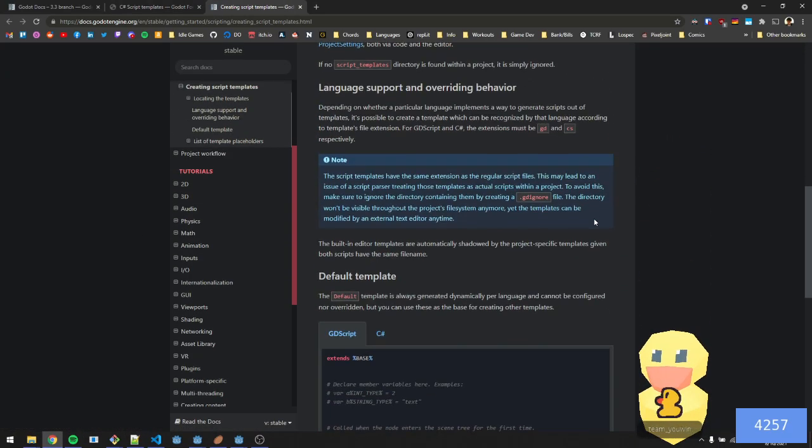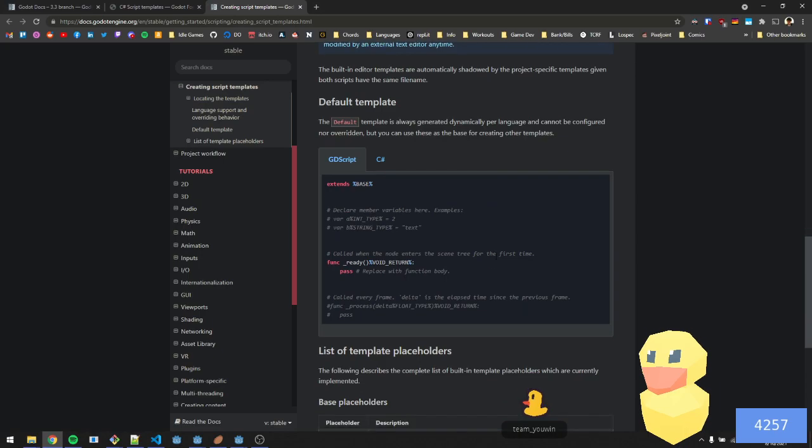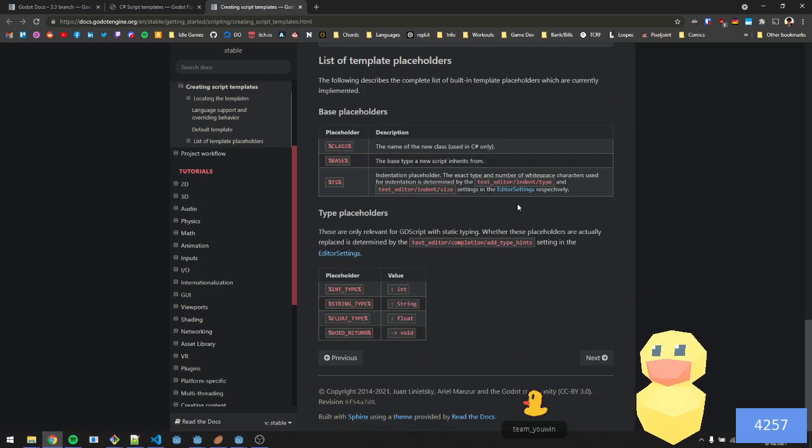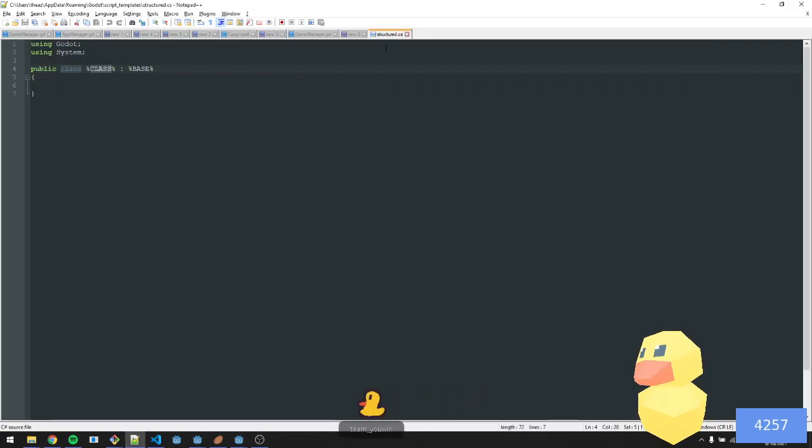Alright, what things do I have? Is there a way to get project name, indentation, string type, void return? Oh, there's no way to do script or project name, or the name of the new class, used in C# only. Well, that's unfortunate. I thought there would be something here, but alas. Anyways, structured, let's do public,